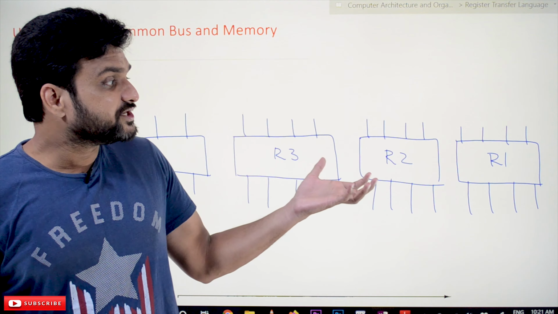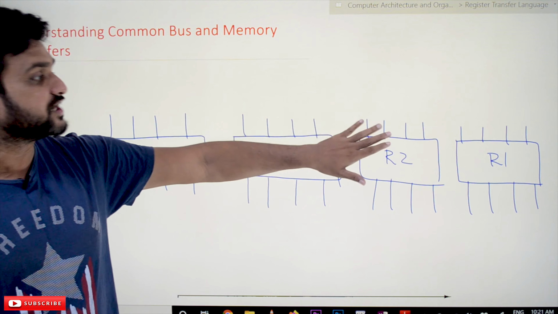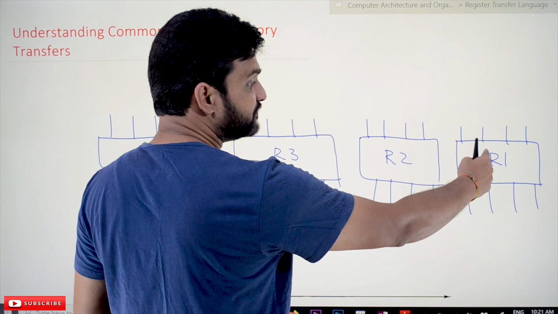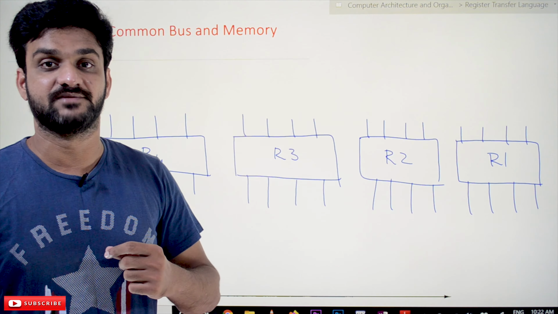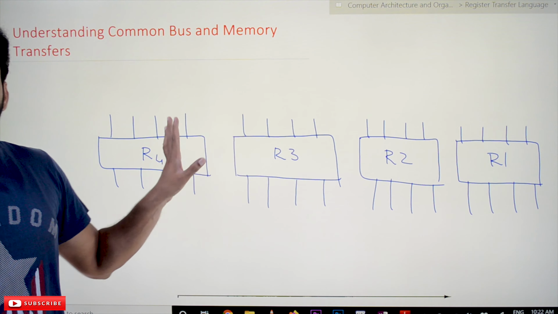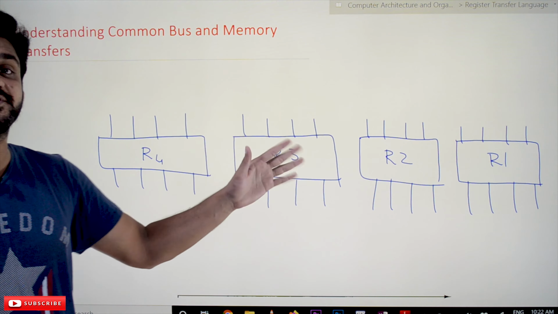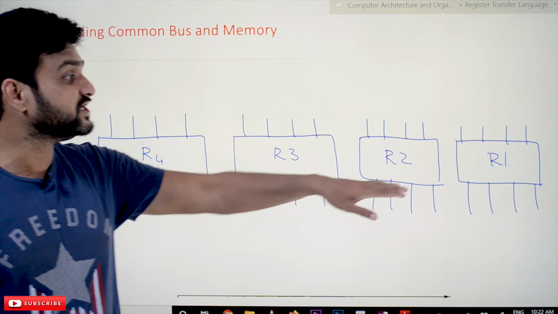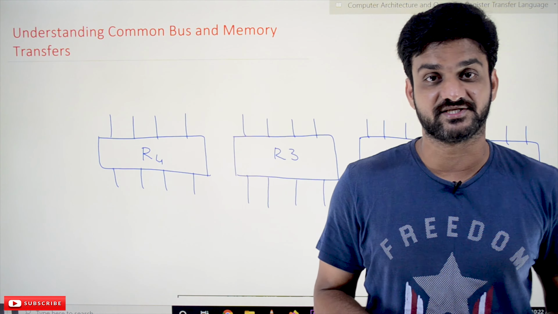If you do it by using a naive method, for example, R1 is connected to R2, R2 is connected to the others, and so on. If you try to make the interconnections between one register and all the other registers, how many connections are possible? In order to connect R1 to R2, R3 and R4, we should have 16 connections. Similarly, if all the interconnections are to be made among all the registers, we need 64 connections. This is going to be a very expensive interconnection.